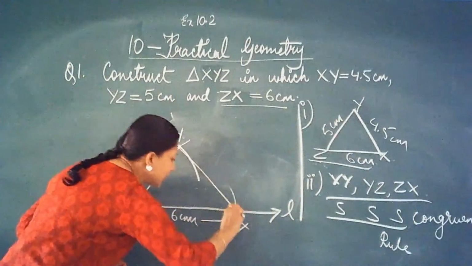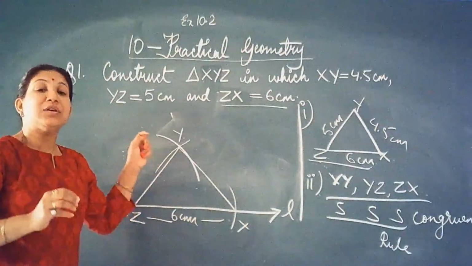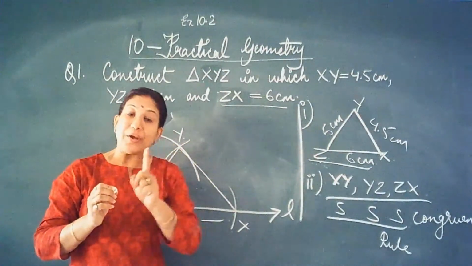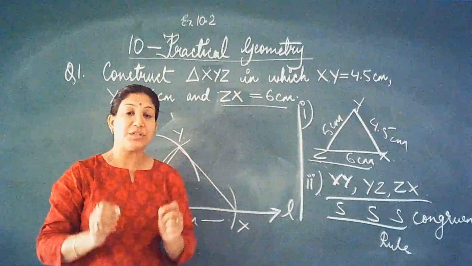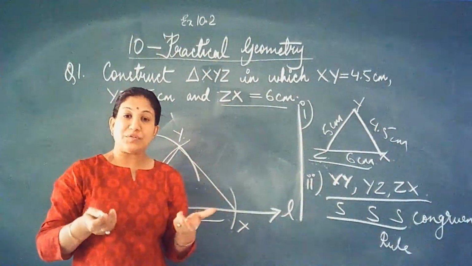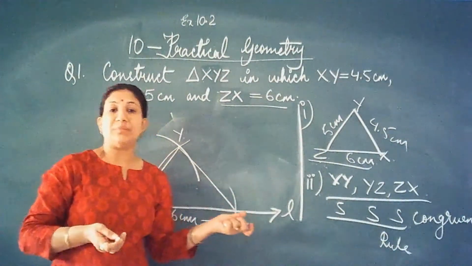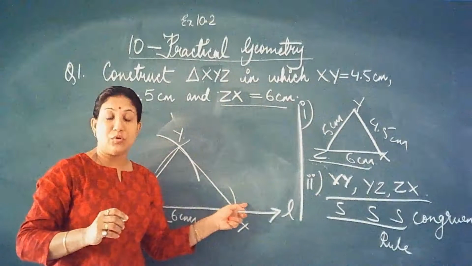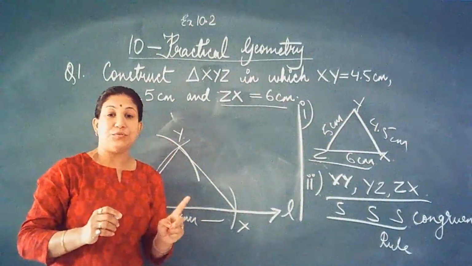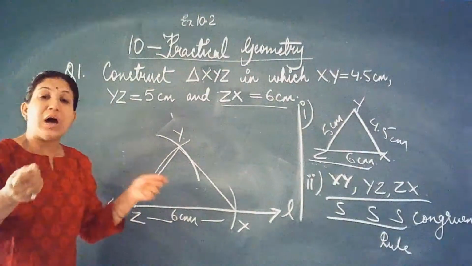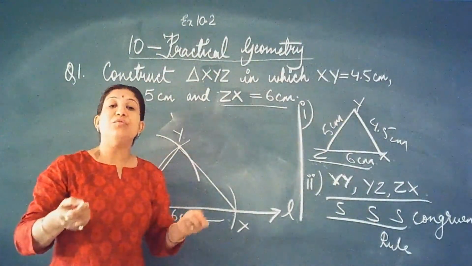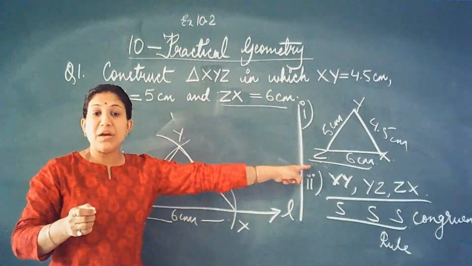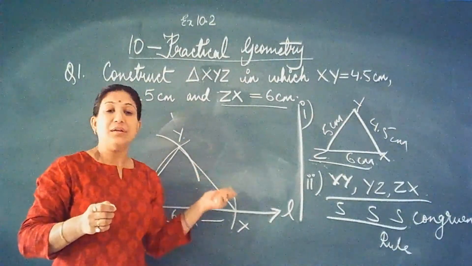In the same way, everything, children, what you are going to do, you have to use your ruler, compass and sharp pointed pencil. It's a construction. You need to use your geometrical box, all these items I am telling you. Without that, if you do it by hand like I am doing here on the board, it will go wrong. I request you, don't say that ma'am you are not measuring. I am explaining how to do it. You will do it exactly with the same measurement using the compass and ruler.